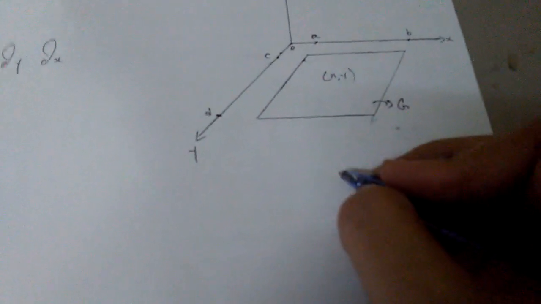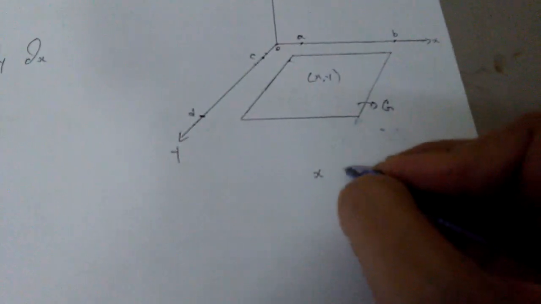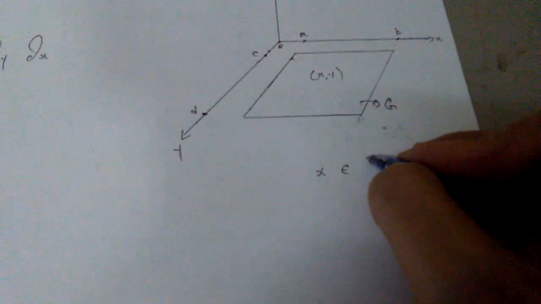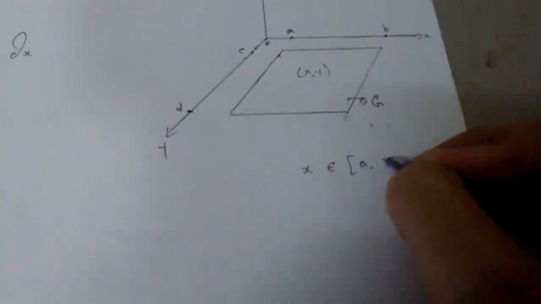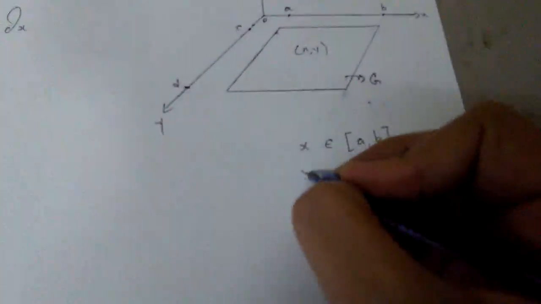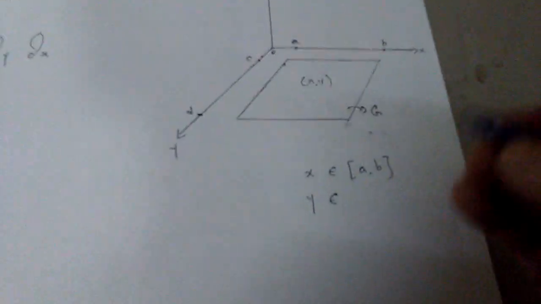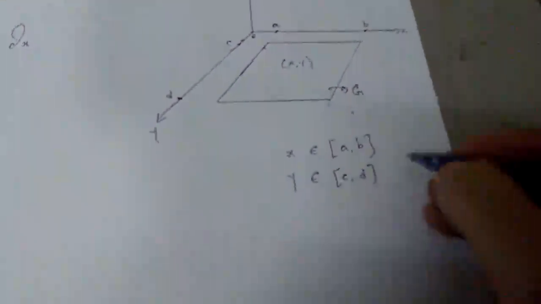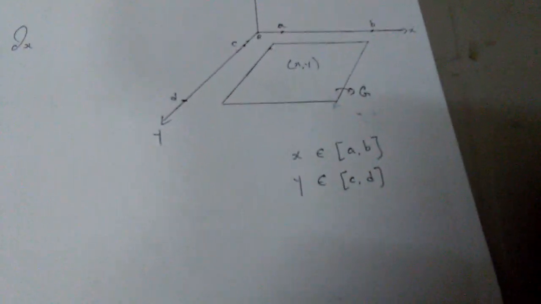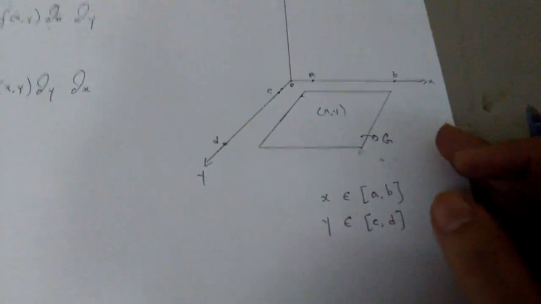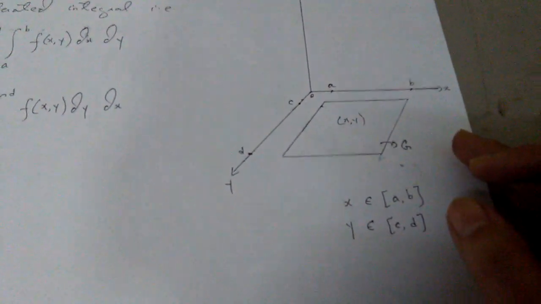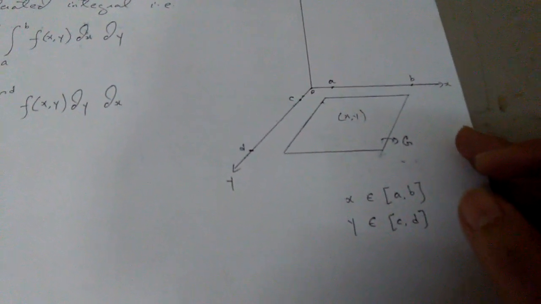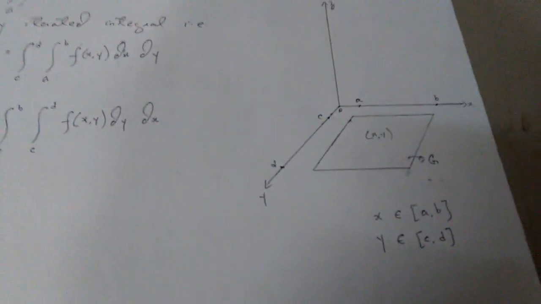So you can also write it like this: your x coordinates all belong to the closed interval [a, b], and the y coordinates of all the points belong to the closed interval [c, d]. These could be any real numbers, where a, b, c, and d all belong to the real numbers. That's it. Now what exactly does this double integral state? I told you already in part 1 of this